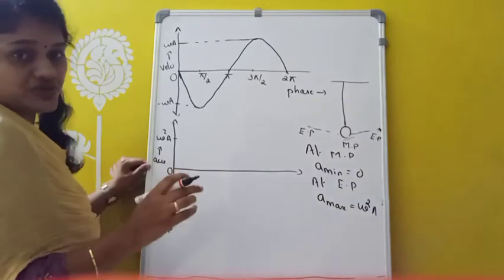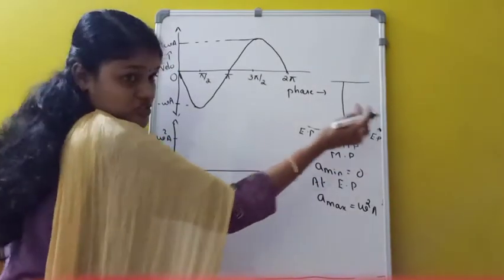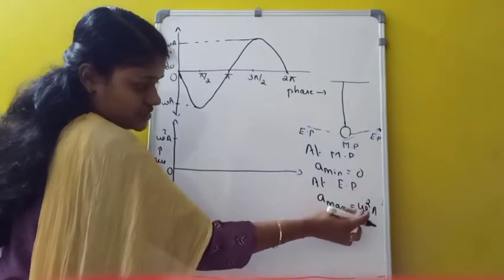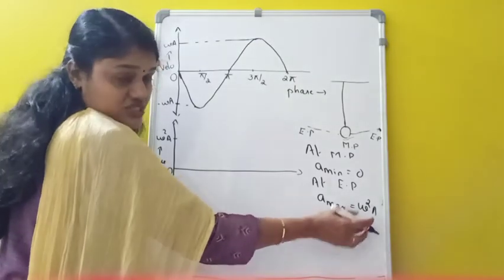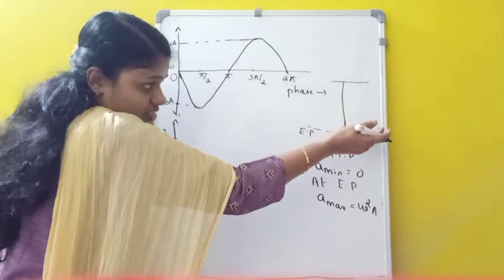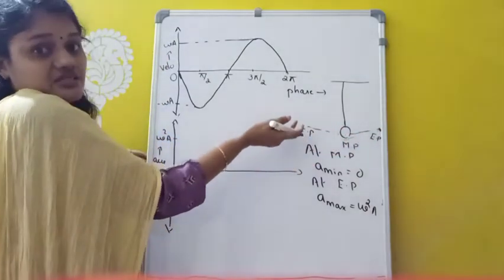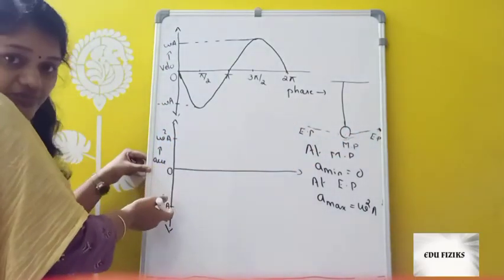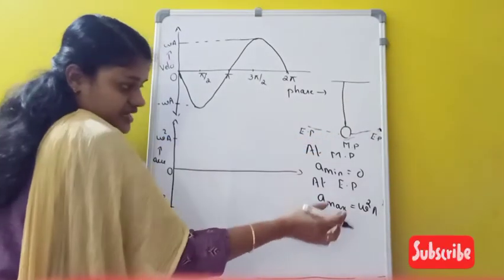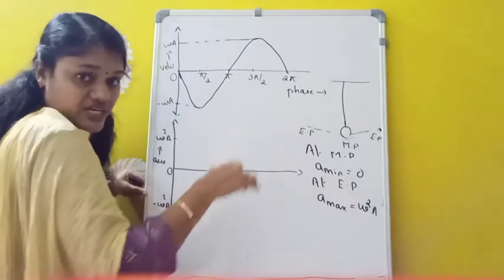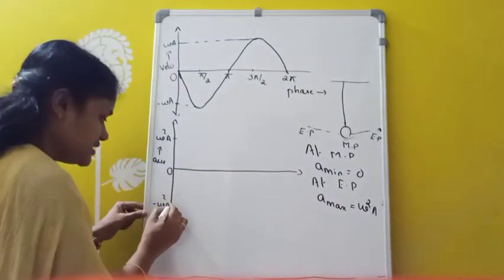Now here I told you this motion starts from one extreme position. So at extreme position, the acceleration is maximum. Maximum in which direction? Because this body is accelerated towards which direction? Towards the negative direction. That means it is going from where? From the negative direction. So it is at extreme position. What is the acceleration? It is maximum. In which direction? Negative direction. So it is starting from here.